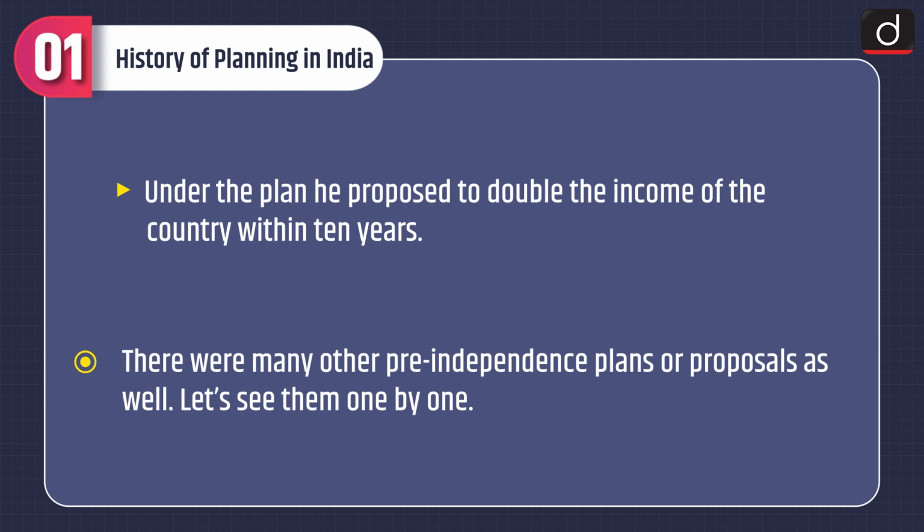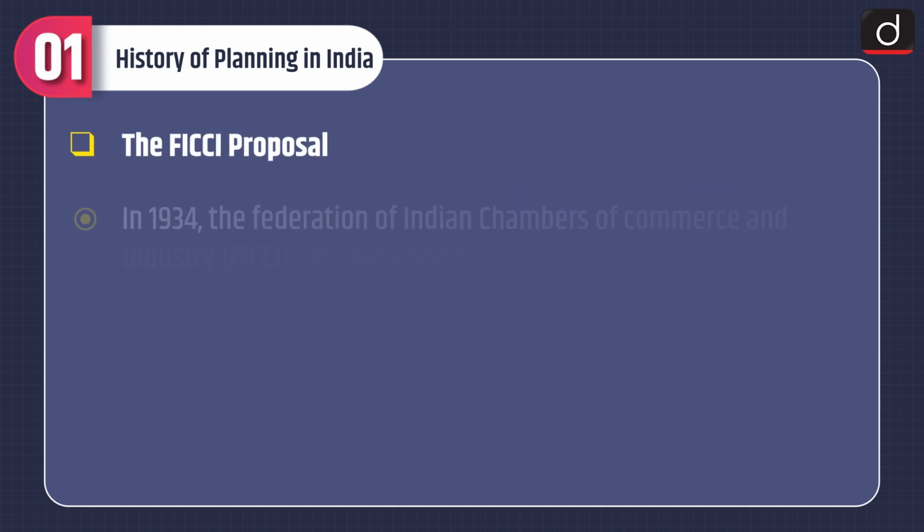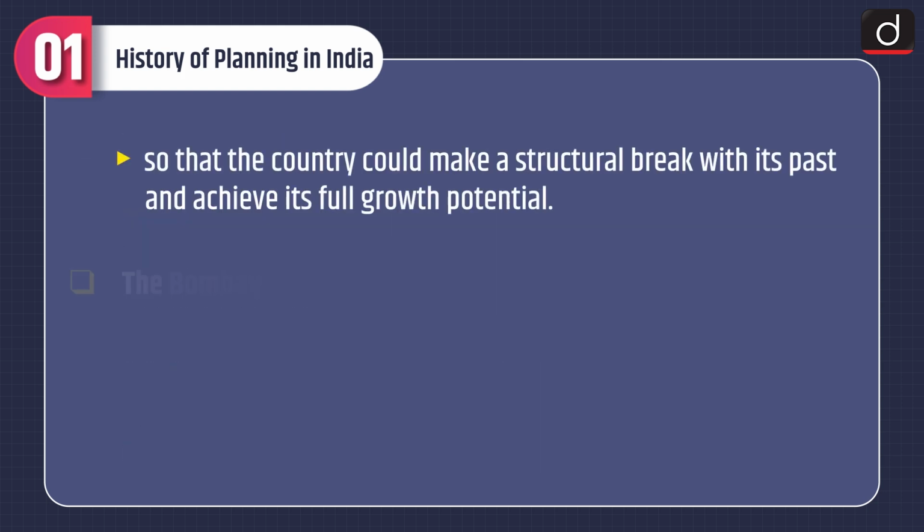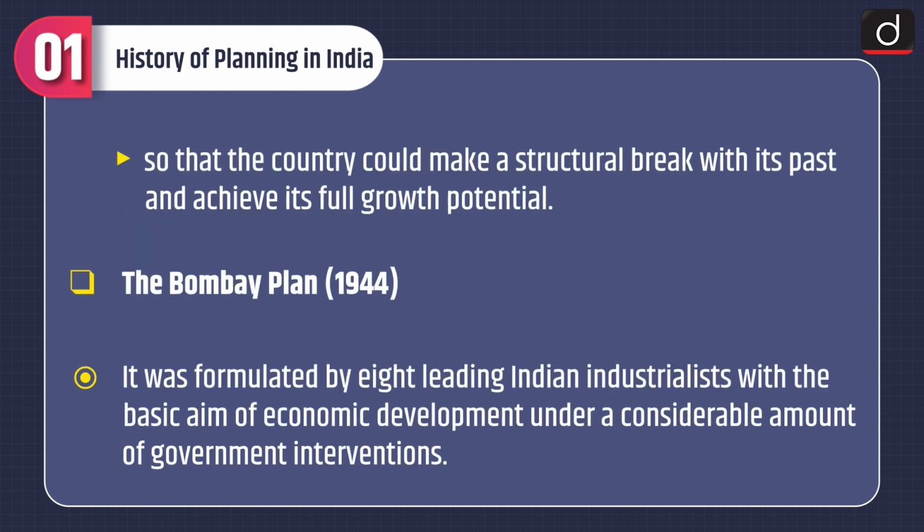There were many other pre-independence plans or proposals as well. Let's see them one by one. First is the FICCI proposal. In 1934, the Federation of Indian Chambers of Commerce and Industry, or FICCI, recommended the need for national planning for economic development. N.R. Sarkar, the then president of FICCI, called for a high-powered National Planning Commission to coordinate the whole process of planning so that the country could make a structural break with its past and achieve its full growth